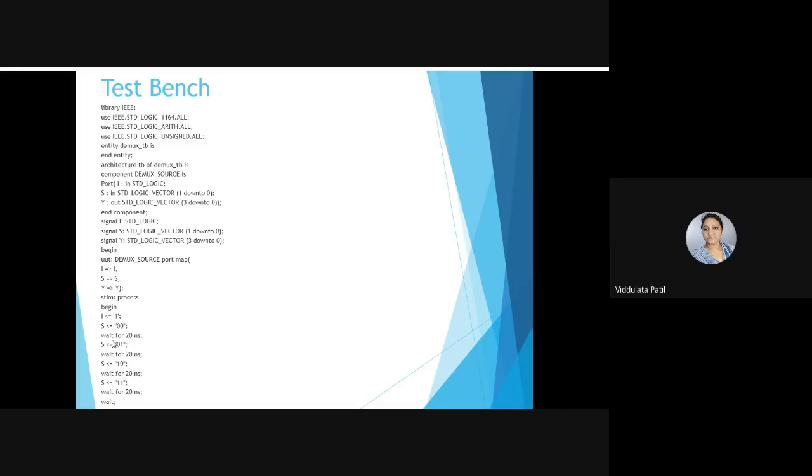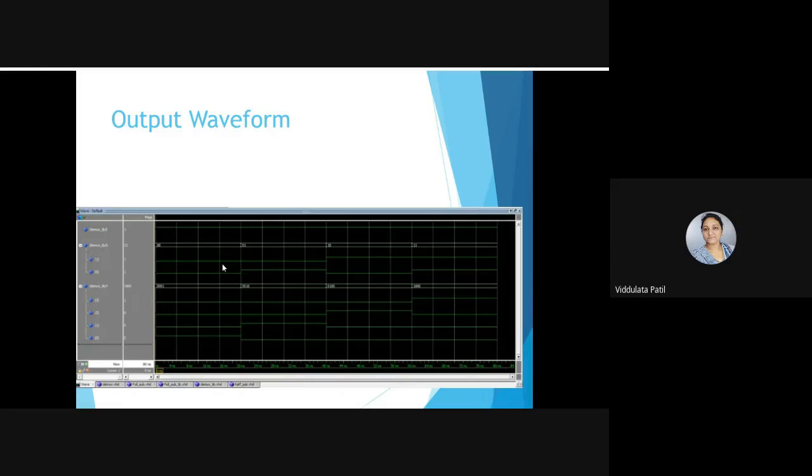Okay, so you can see here that we have the statement wait for 20 nanoseconds, and after that we are going to end the process and end the architecture. So this is the test bench code for a demultiplexer, 1:4 demultiplexer. And when you simulate this code,